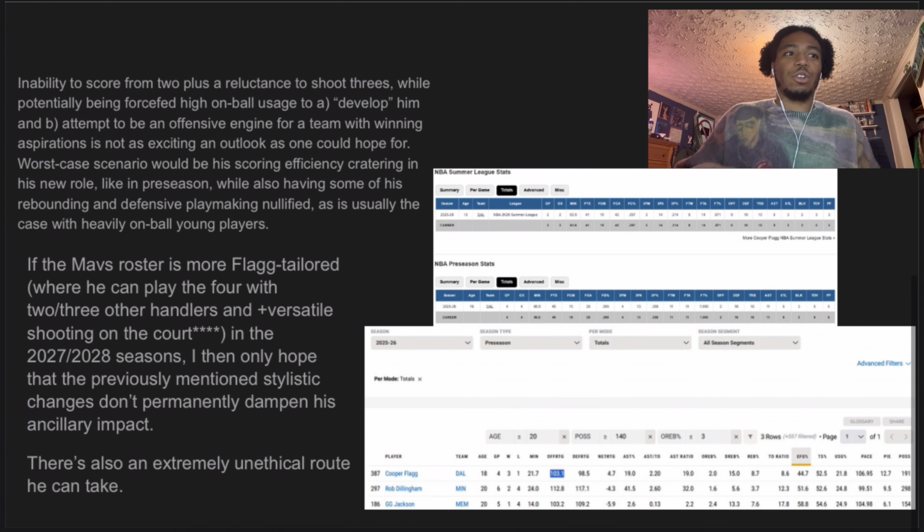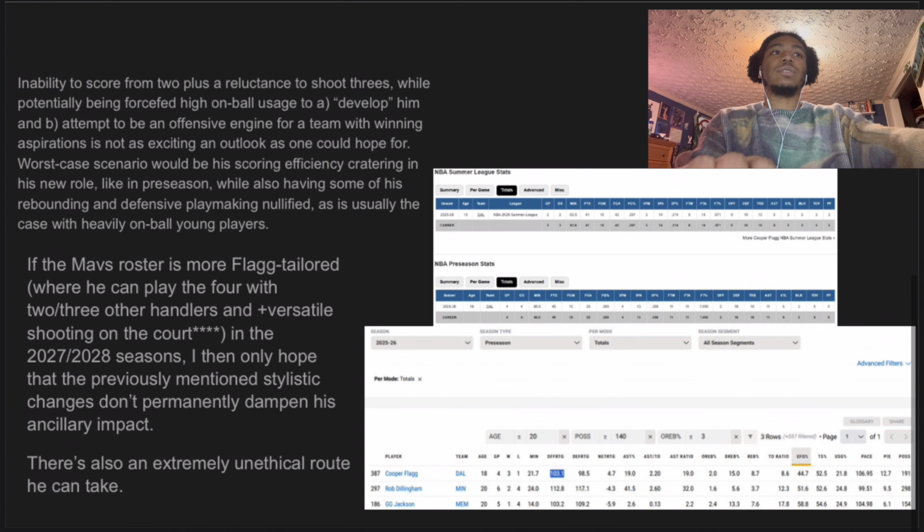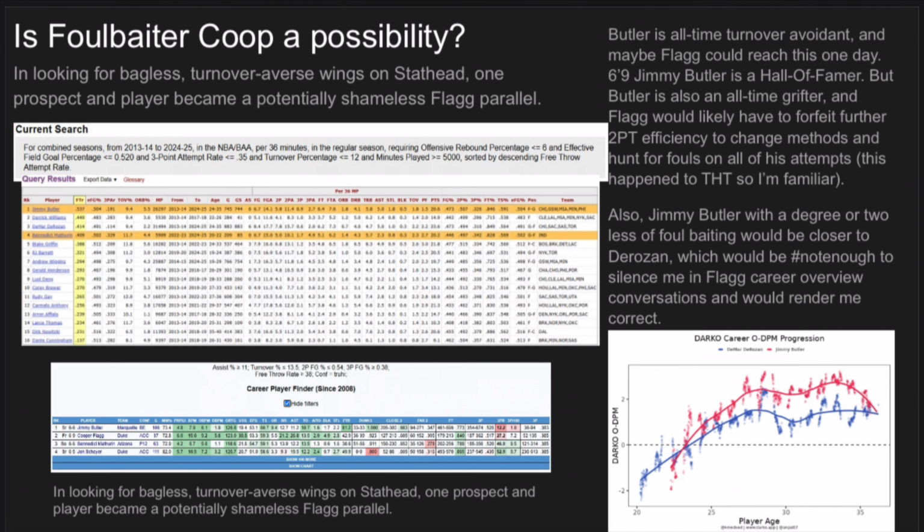I'm just very nervous about what Cooper Flagg's going to be able to do on offense, and that is why, in researching players who also struggled to score efficiently on offense, but also were very turnover averse, I did some research and said, how do players like this score the ball, or what happens to them in the pace and space era? So that's since like 2014, and this is where we see that Cooper Flagg may one day end up foul baiting, and he might end up using a combination of